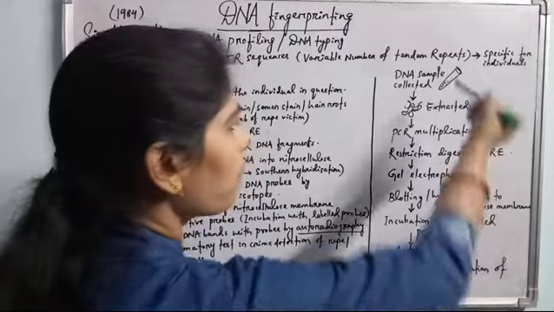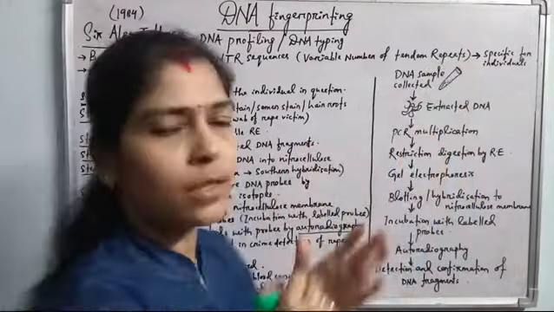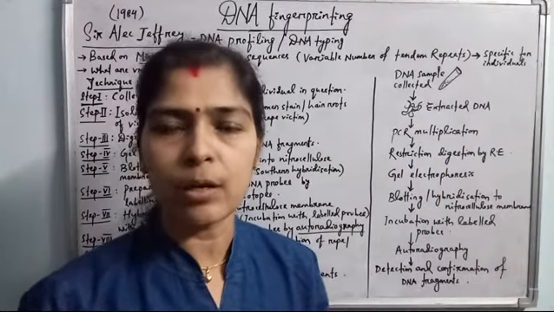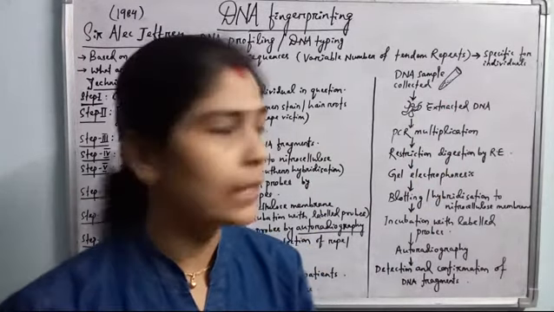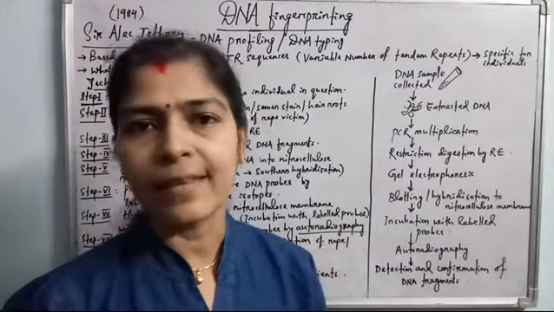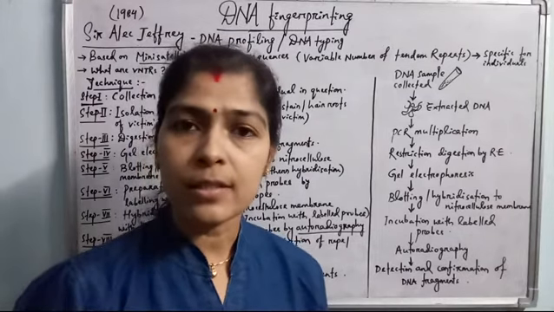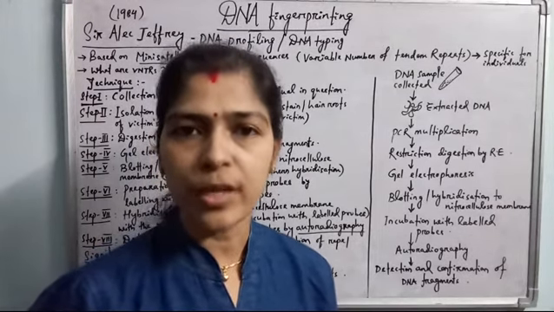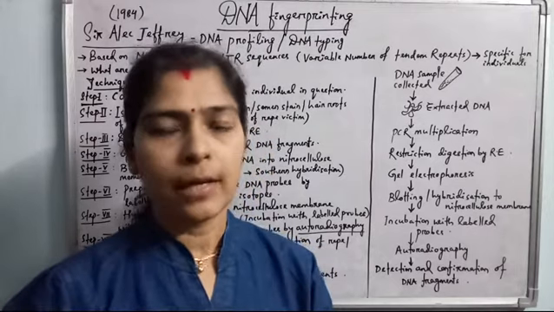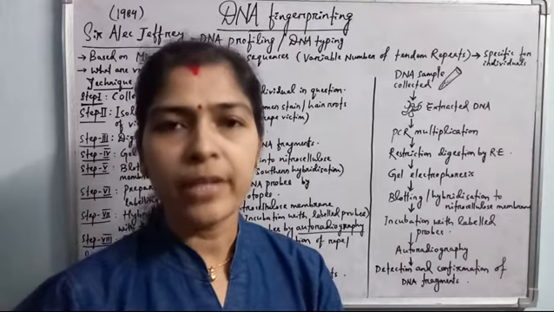Then DNA is extracted from the cells of both samples by breakdown of the cellular membrane and the nuclear membrane. That is the second step, extraction of the DNA. If the DNA amount is very small, then it is subjected to PCR multiplication. In the previous classes, we discussed the PCR technique, the polymerase chain reaction. Within a very short time, we can get millions of copies of the same DNA having the same VNTR sequences.